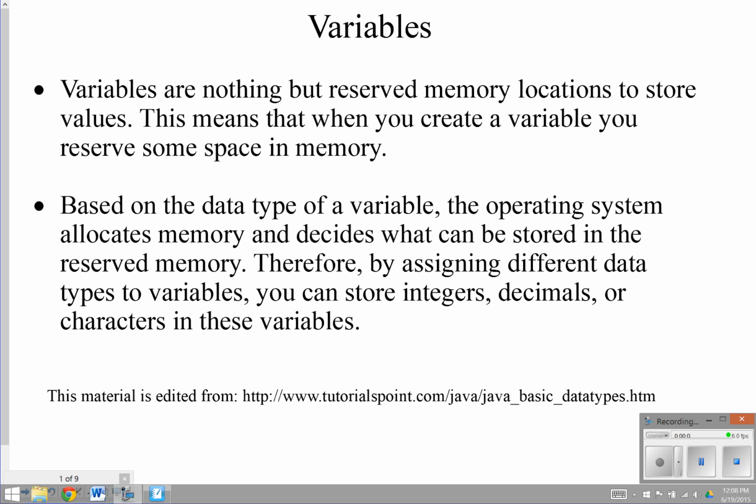Variables. So we're going to look at variables today. Variables are nothing more than reserved memory locations to store values. This means that when you create a variable, you reserve some space in memory to hold the value that the variable represents. So when I do this,